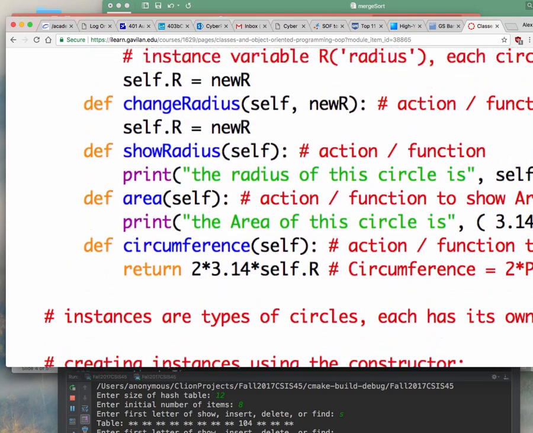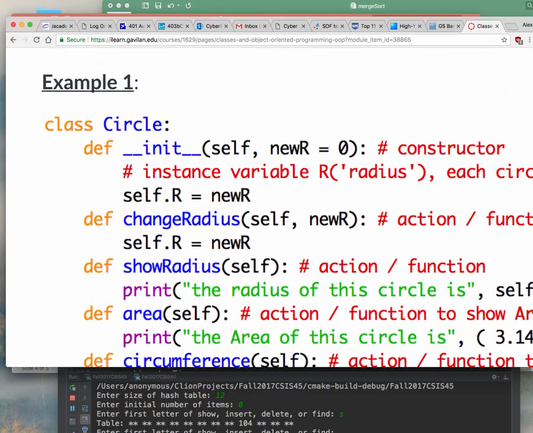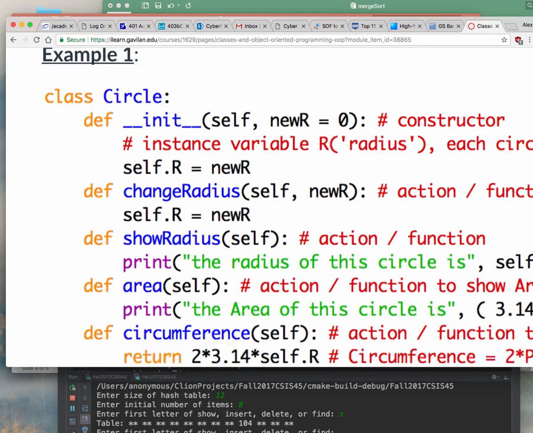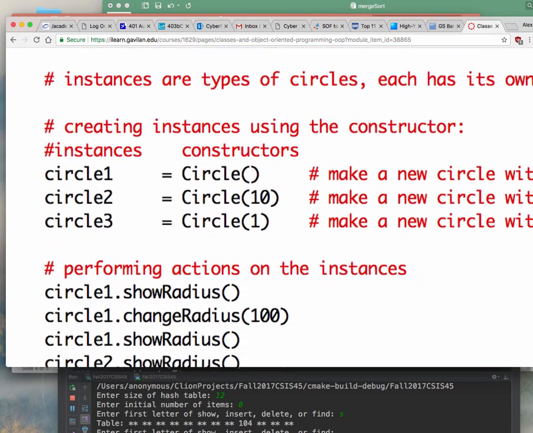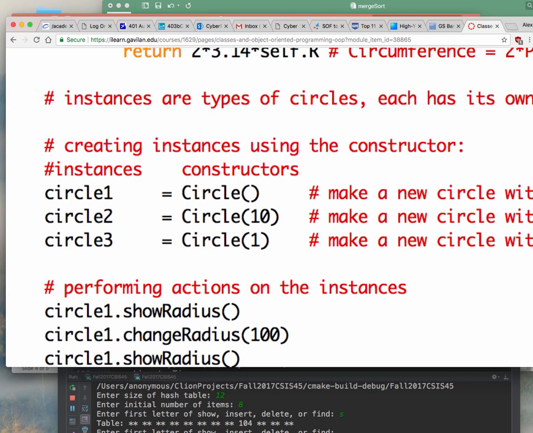But there's another kind of variable. Depending on what language you use, in Java they call them static variables, right? And what is a static variable? It's basically a variable that is shared between all the different objects. So maybe you have some kind of program that requires you to make different objects for employees, employee 1, employee 2, employee 3, but we want some kind of shared variable between all of the employees that keeps track of how many employees there are. So every time I create a new object, and by the way, creating a new object here is called instantiation.